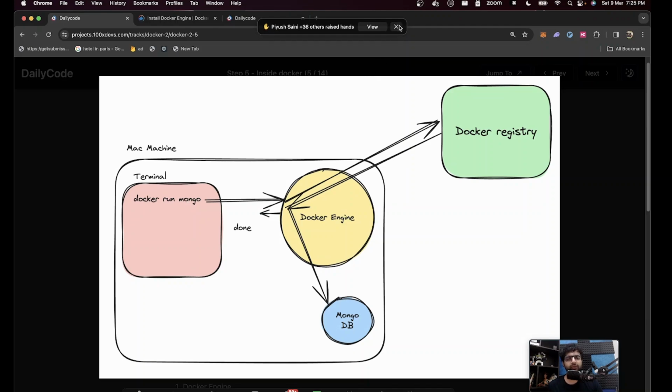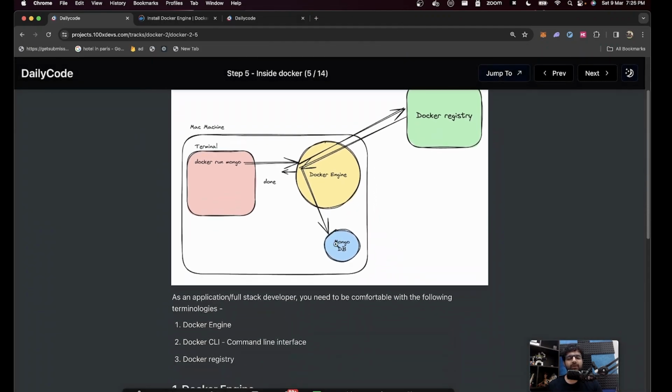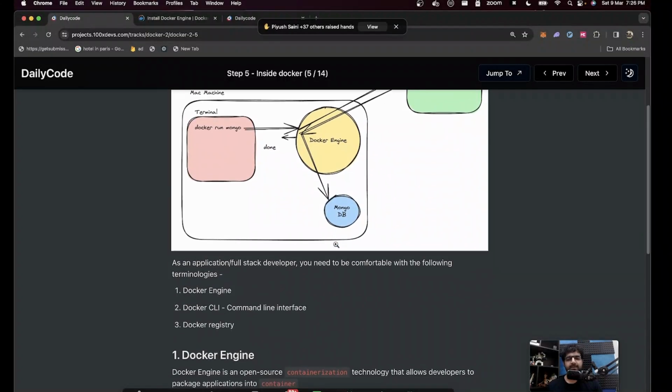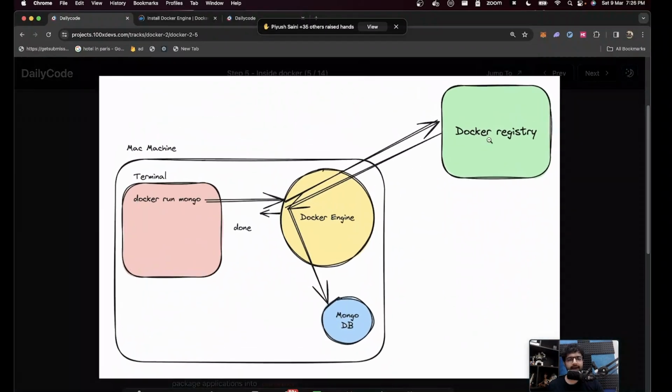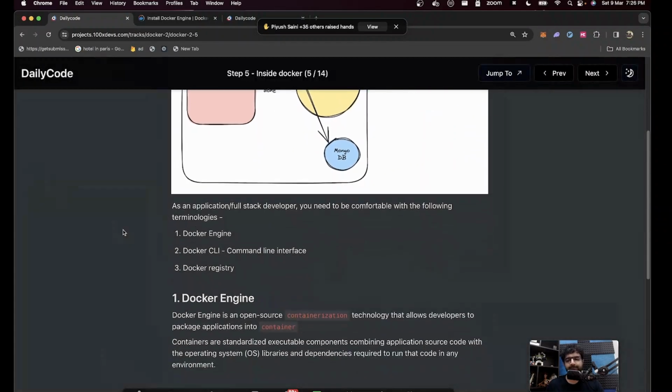But I've talked about a few things. Let me explain all of them in a little bit more detail. Specifically, let's understand 3 things: the Docker engine, the Docker CLI, and the Docker registry. These are good 3 things to know, which are basically this thing right here, this thing right here, and this thing right here. Eventually, we'll understand containers as well. But for now, let's understand these 3 things slightly in depth.